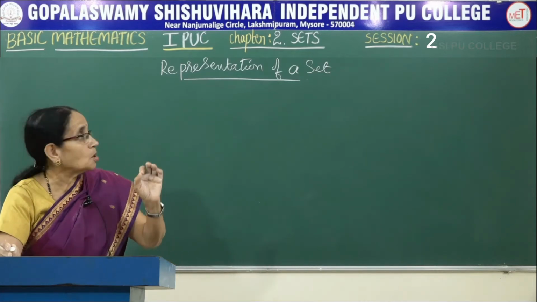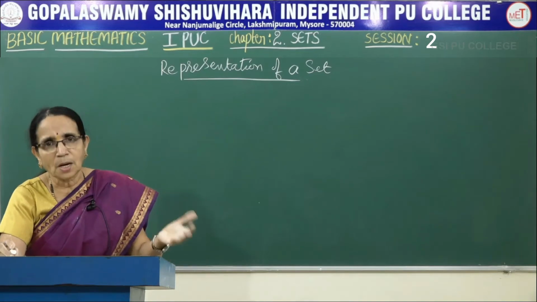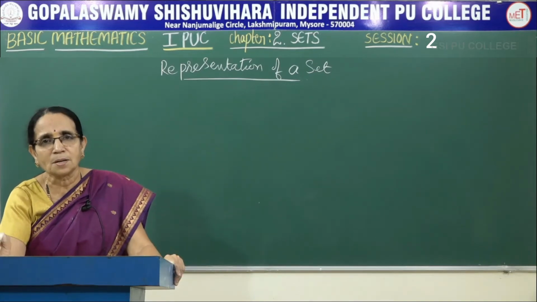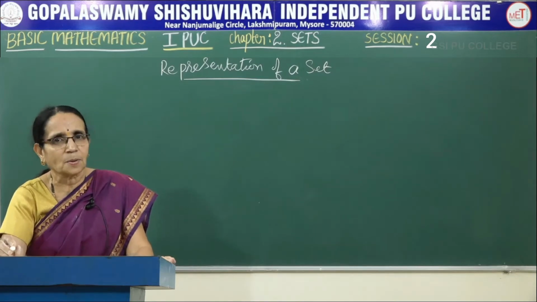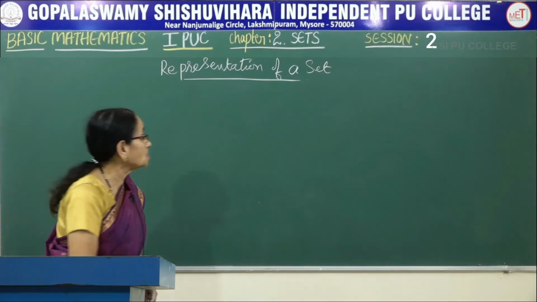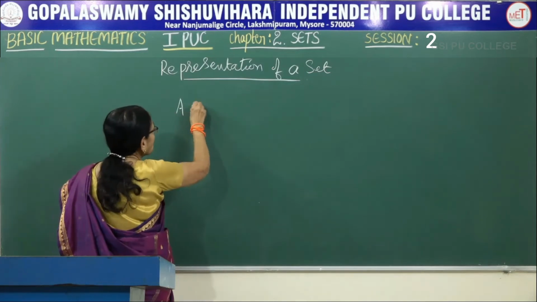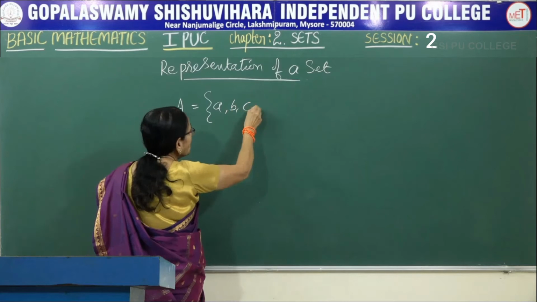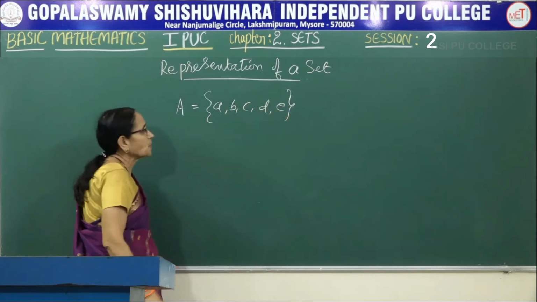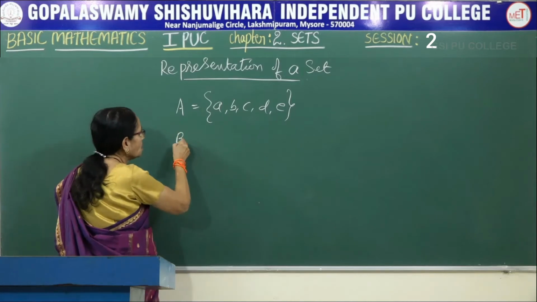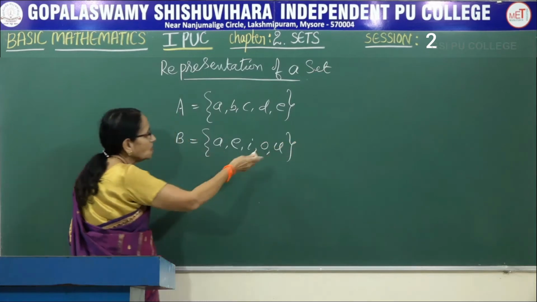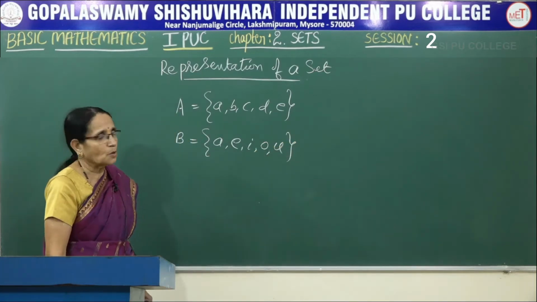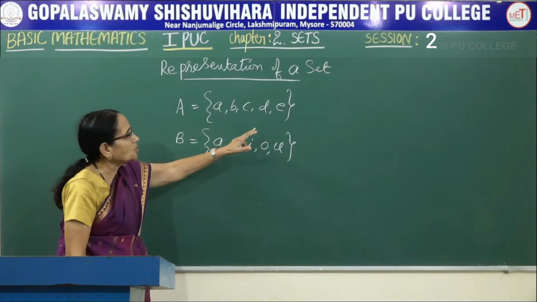We use English capital letters to denote a set, and small letters A, B, C, D, etc. to denote the elements in general. We may take a particular example. Similarly, we always use a pair of flower brackets. In general, you can write A, B, C, D, E, the first 5 letters of the English alphabet, or I can take A, E, I, O, U. What are they? They are called the vowels of the English alphabet. They have to be enclosed in flower brackets.